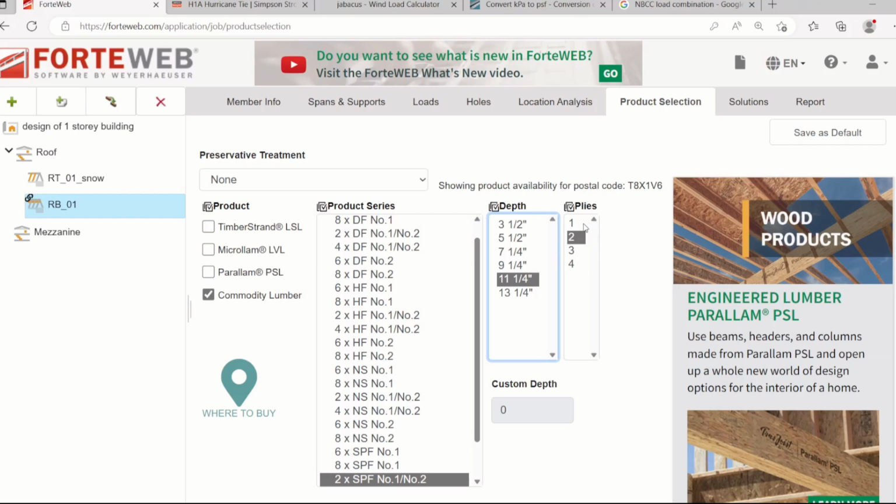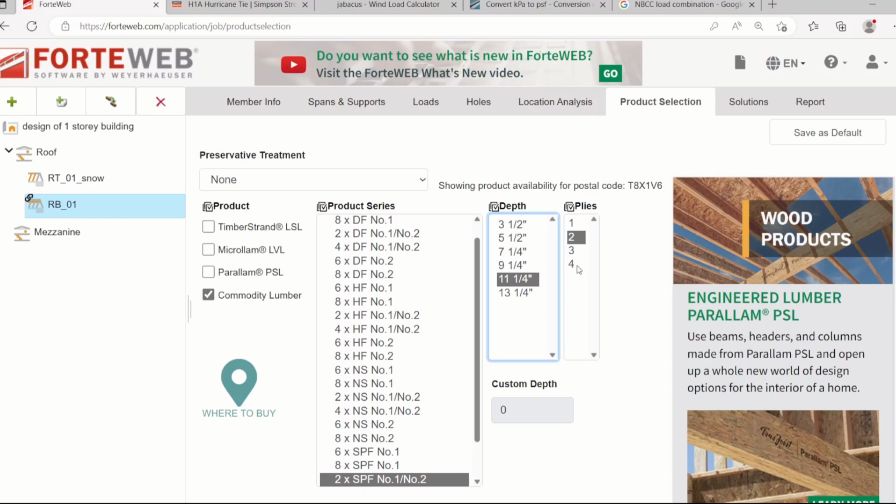Now for the number of plies, you only have four plies as the maximum width. If we select 4 ply, each ply is 1.5, so 1.5 times 4 is 6 inches. But you have to remember that you select a 2 by 6 stud. So a 2 by 6 stud is only